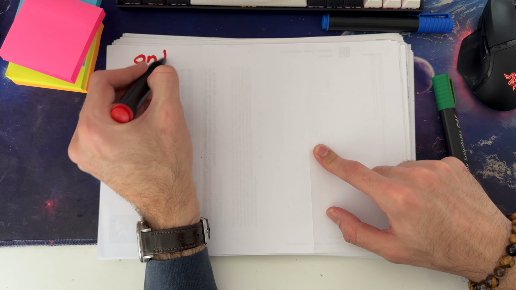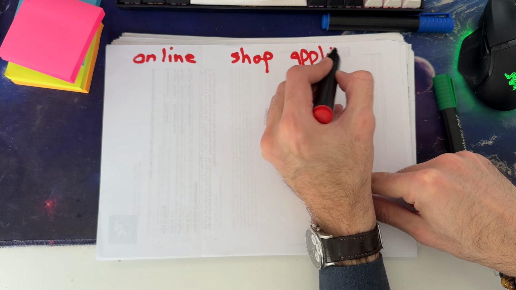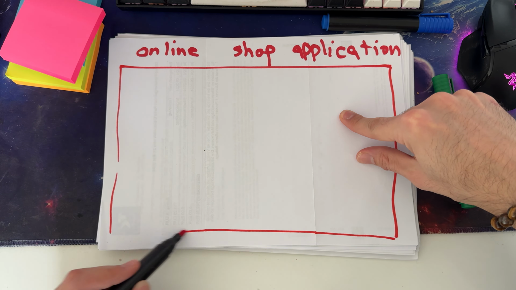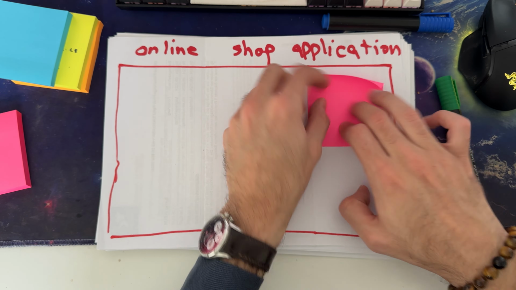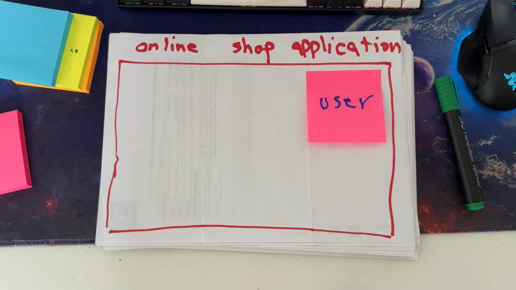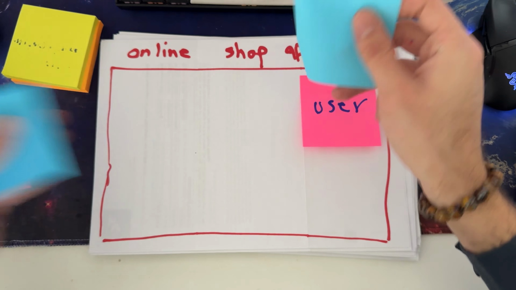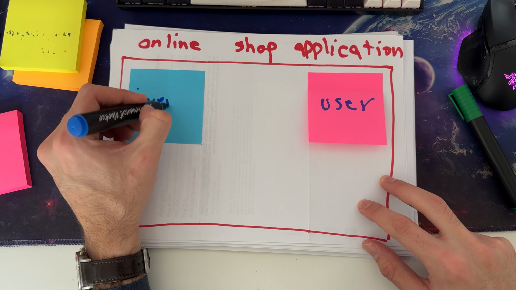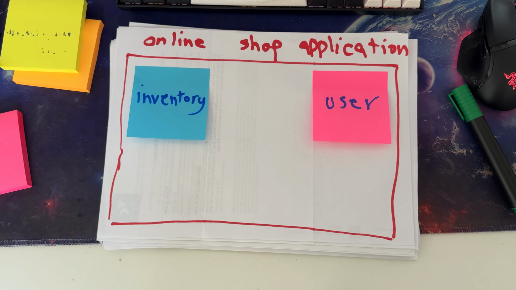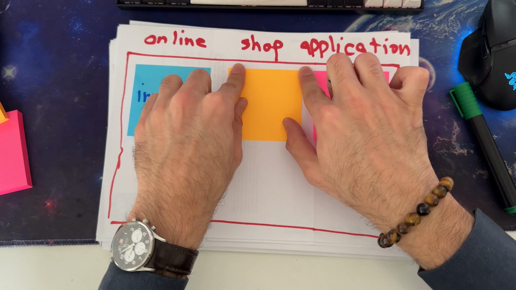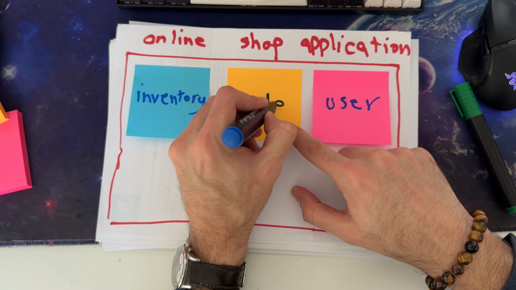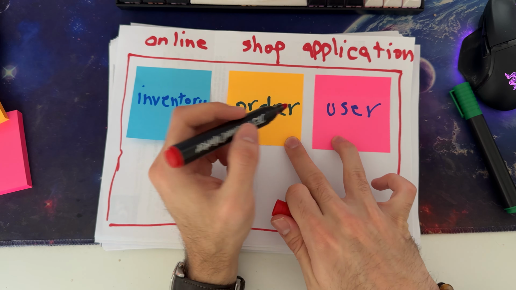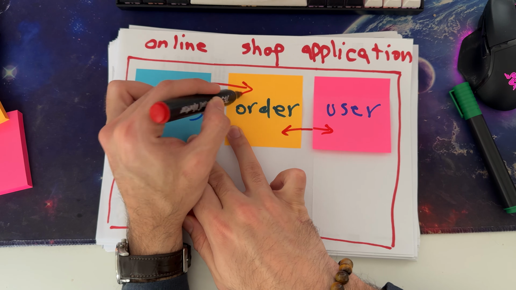So let's see a very, very simple example of how to think microservice-ly. Where is my marker? So this is an online shop application. Let's draw these borders. So at first, we have a user microservice, which is responsible to handle users. Then we have the inventory service, which tells us about the inventory, updates it, about what stuff is left, what stuff is not. Then between these 2 services, there is an order service, which manages orders for each user, and they're connected to each other.